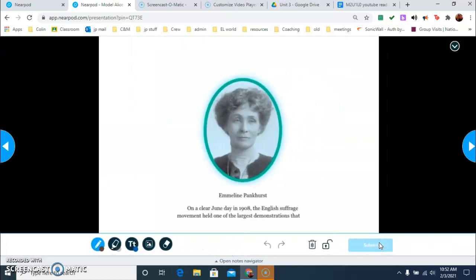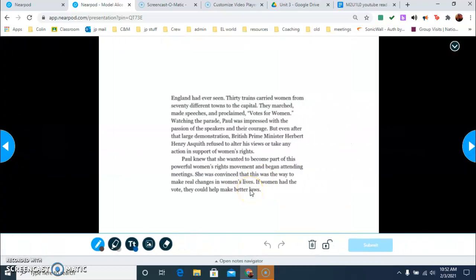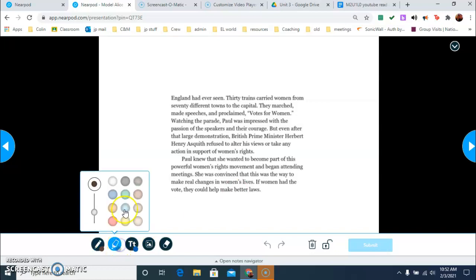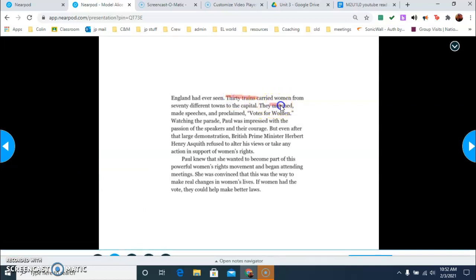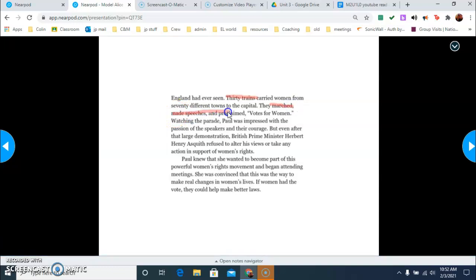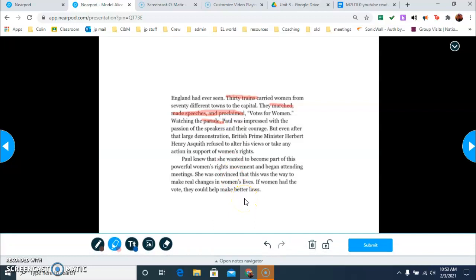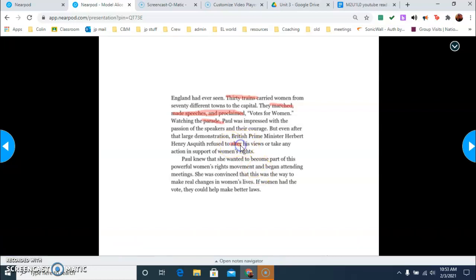Here's Emmeline Pankhurst. On a clear day in June 1908, the English suffrage movement held one of the largest demonstrations that England had ever seen. 30 trains carried women from 70 different towns towards the capital. They marched, made speeches, and proclaimed votes for women. They had a parade. Paul was impressed with the passion of the speakers and their courage, but even after the large demonstration, the prime minister refused to alter, meaning change, his views or